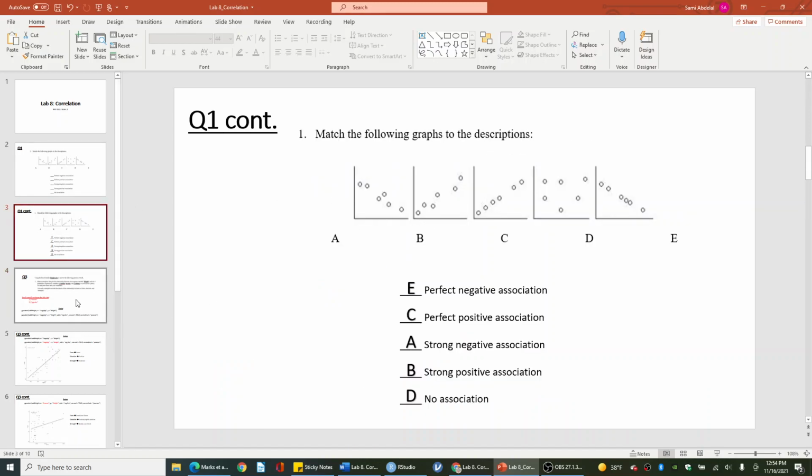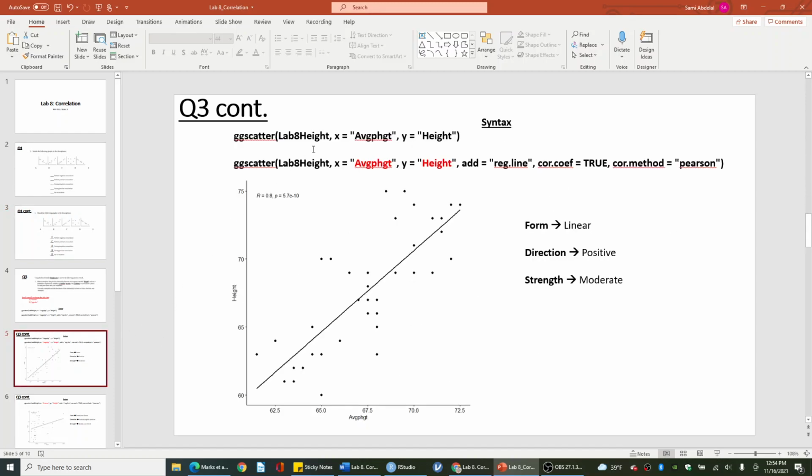So you're going to be going over the form, the strength, and then the direction for all of the variables